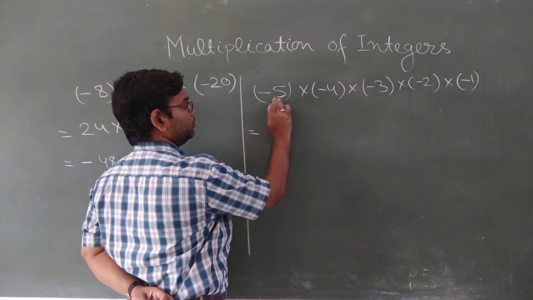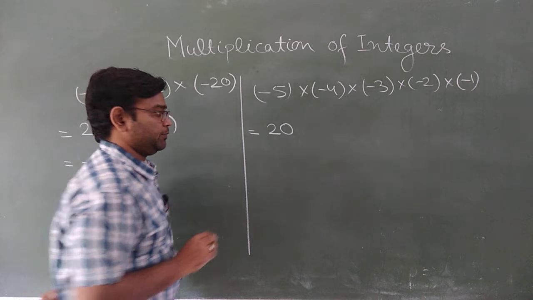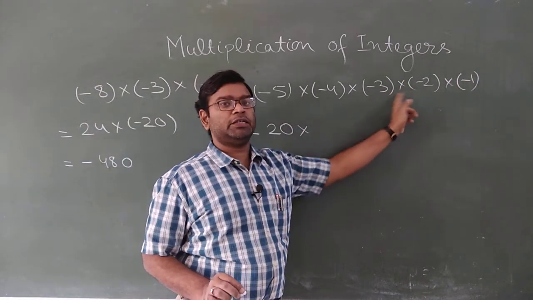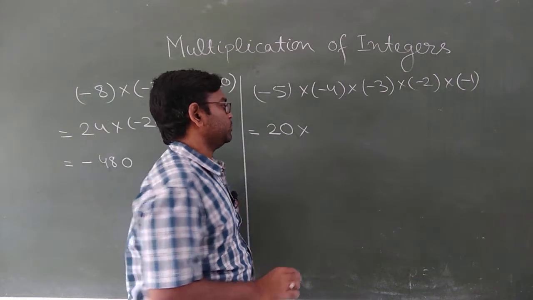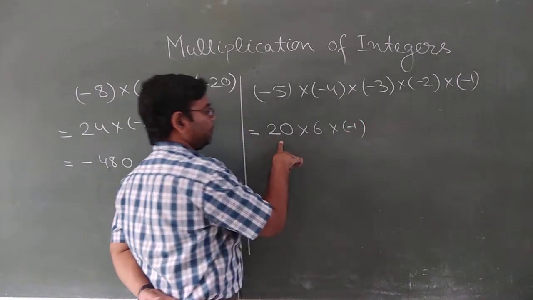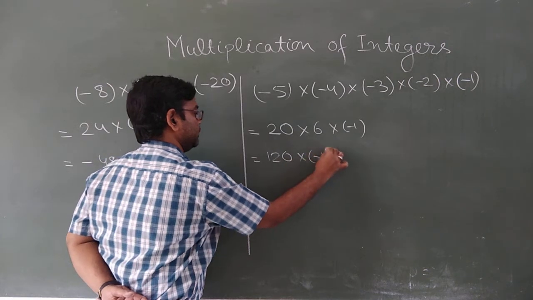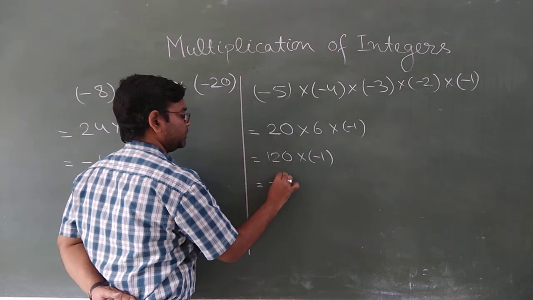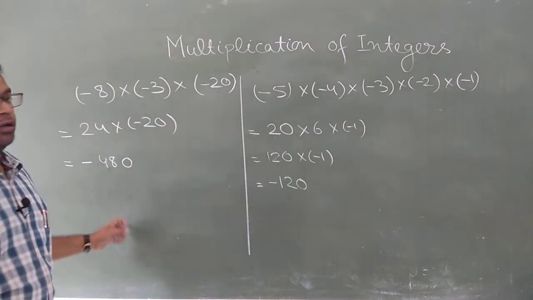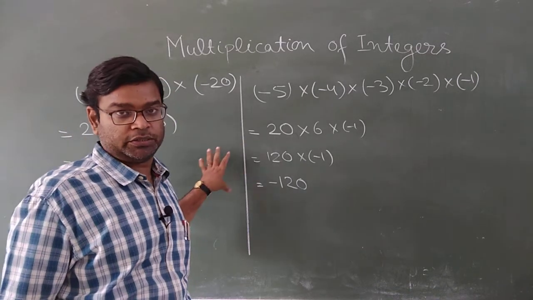We follow the same concept I discussed with you to solve this question, so that your concept is clear. Minus 5, minus 4, both are negative signs, so the answer must be positive. 5 4s are 20. Now in this case, what do I do? Multiply these two pairs. Negative negative gives you positive. 3 2s are 6, and then we have a negative number. Positive positive, same sign, gives you a positive answer, into minus 1. Now positive negative, it's minus 120. So this is your answer. Try to solve all the questions given under the first part, simply multiplication of integers.